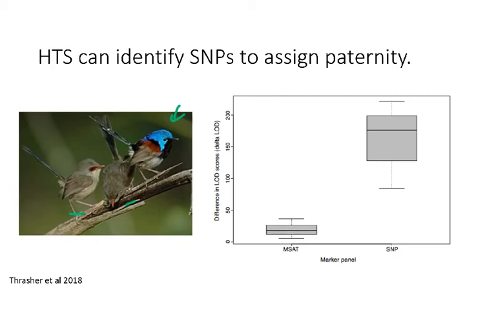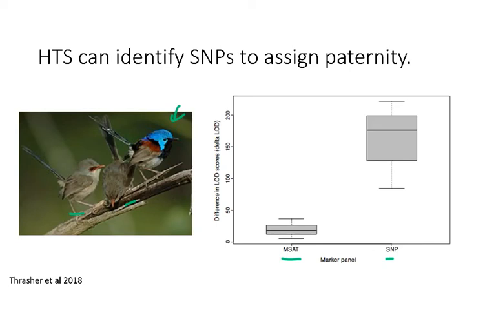And in this study, what they did is they used different types of markers and compared them to figure out which is generally more effective or accurate when you're trying to determine parentage of different offspring. And the two different markers they compared are microsatellites, which are historically most commonly used in these types of parentage analyses because they are so variable. And they also used SNPs that were identified from ddRAD sequencing, which we've also talked about previously. That's a type of reduced representation genome sequencing. So they identified a bunch of SNPs,